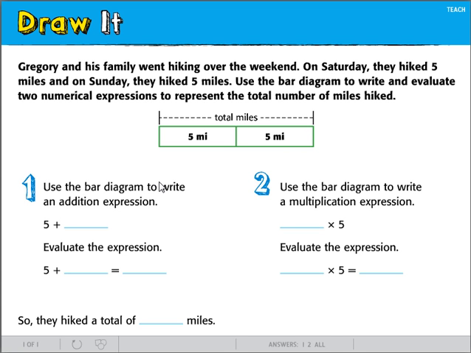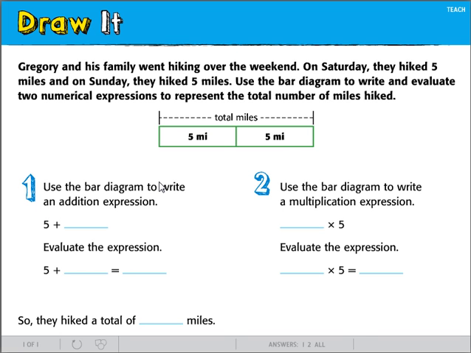Okay, so we're going to look at some problems. They're going to give us some bar graphs, and then we're going to evaluate the questions using addition and multiplication today. So it says Gregory and his family went hiking over the weekend. On Saturday, they hiked 5 miles, and on Sunday, they hiked 5 miles. So we're going to use the bar diagram to write and evaluate two numerical expressions to represent the total number